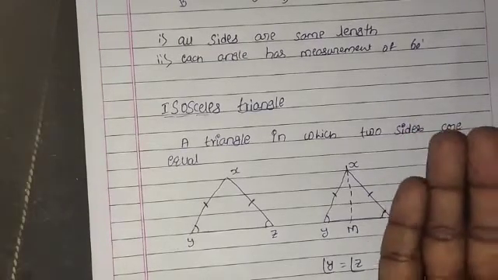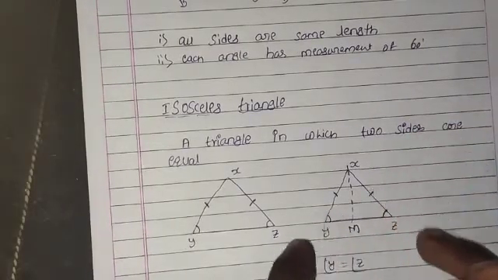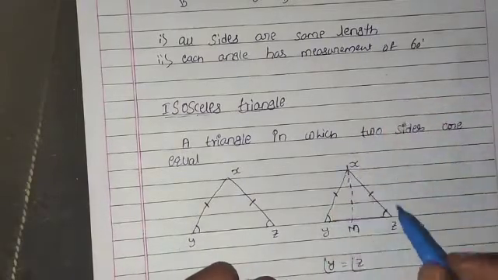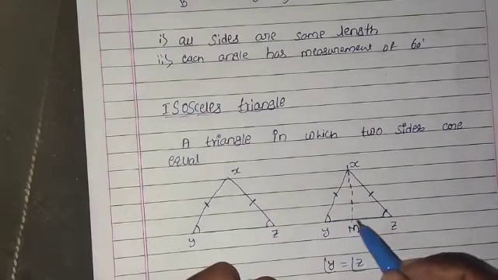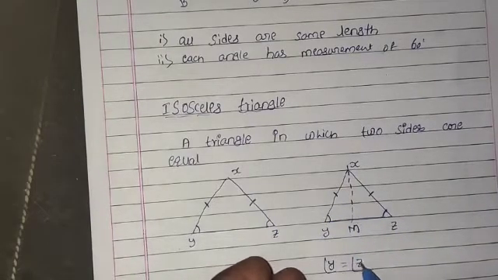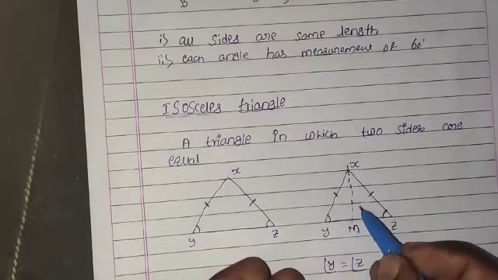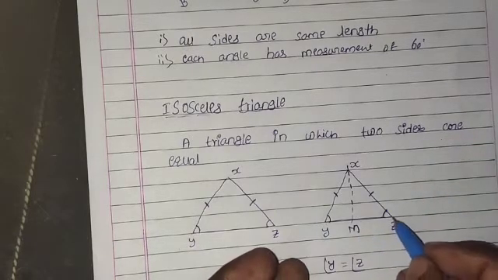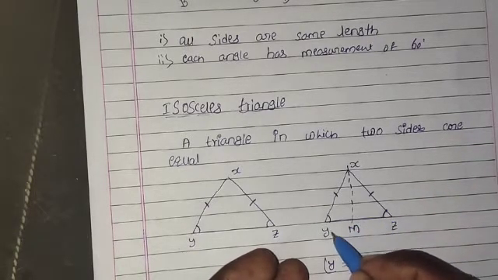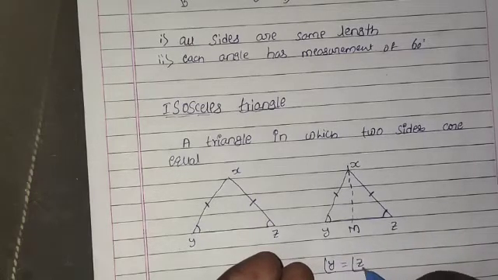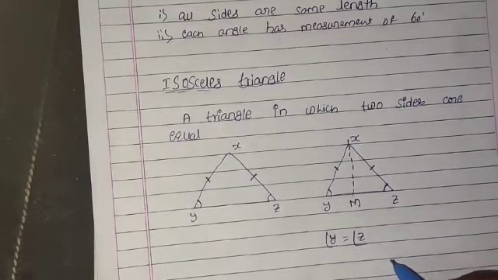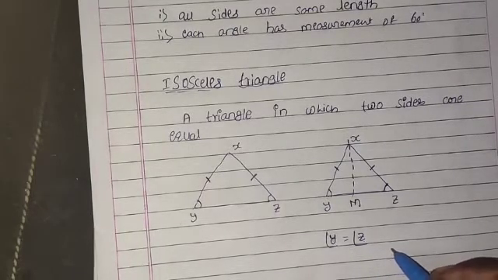When we fold the triangle so that Z is placed on Y, angle Y is equal to angle Z. Here XM is the line of symmetry. When folding places Z on Y, we conclude that angle Y is equal to angle Z. From this we conclude that in an isosceles triangle, the base angles opposite to the equal